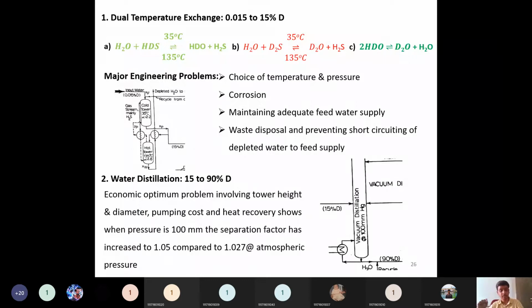So the design principle requires the largest possible temperature difference between the cold tower and hot tower. At the same time, high pressures are very much advantageous to attain high mass flow rates at allowable linear velocity in the tower of reasonable diameter. The maintenance of accurate temperature is difficult, and if you increase the pressure, that is advantageous for this dual temperature exchange process. So the upper limit of the pressure is well defined.